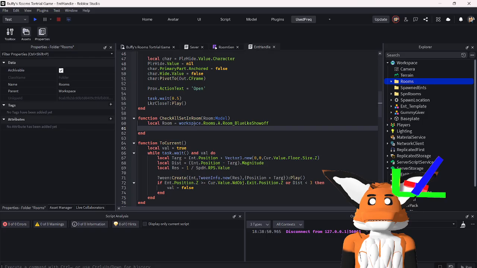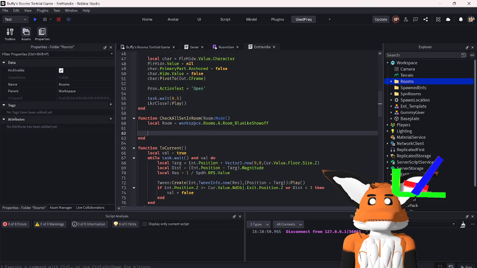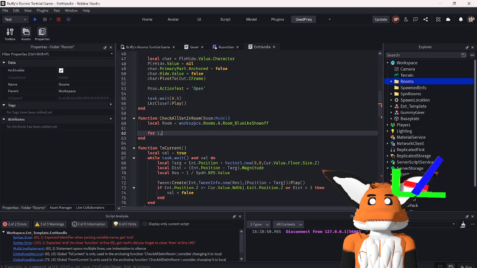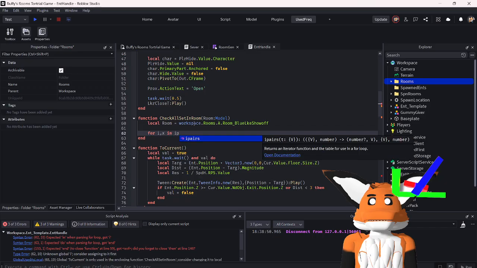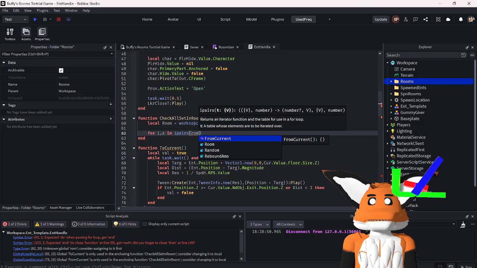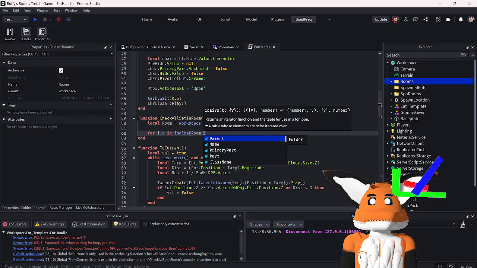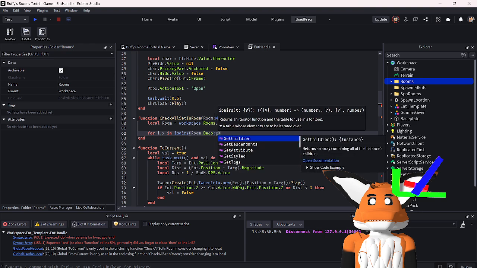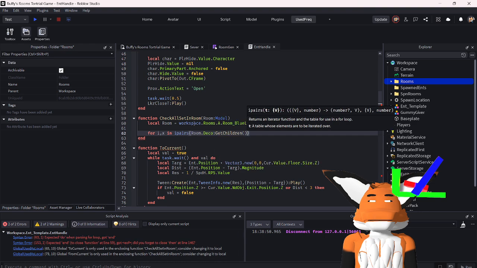And then we can do for i, x in ipairs room dot get children,